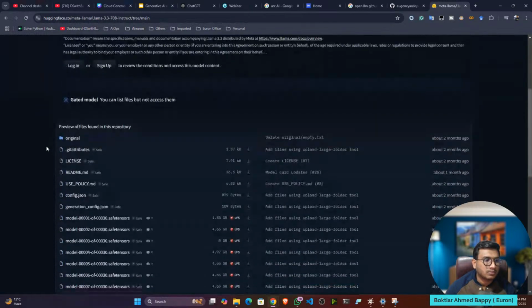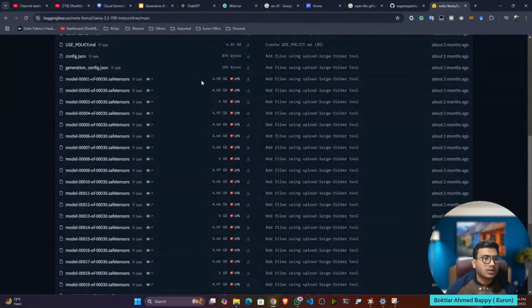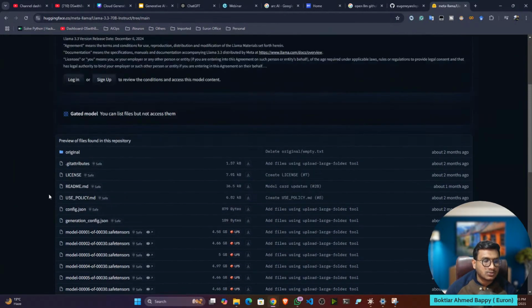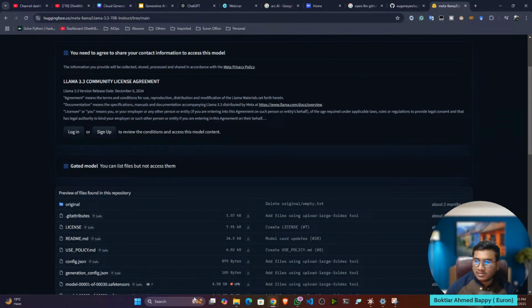But if I show you the model size, just try to count: 4 GB, 4 GB, 5 GB, 4 GB, 4 GB, 4 GB, 4 GB, 5 GB. If you recount, the model size would be more than 50 to 60 GB or so. Now tell me, is it possible for us to get this model on our local system? Let's say you are using a Core i5 with 12 GB of RAM, or 8 GB, or 16 GB of RAM. Loading this model would be very hard for your machine. Tell me, yes or no, right?